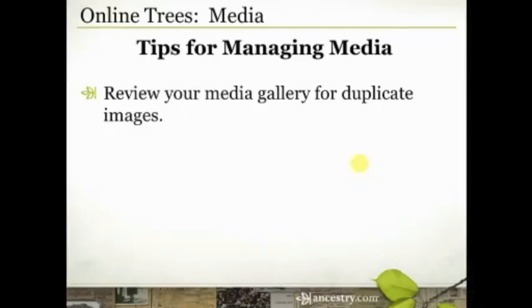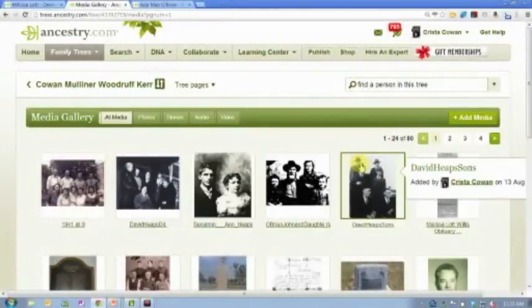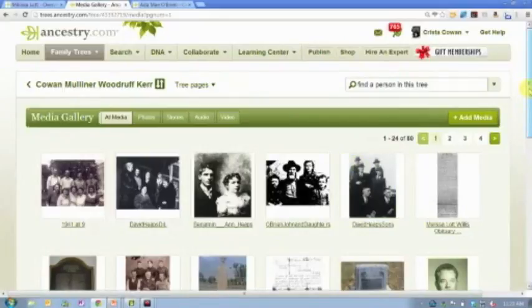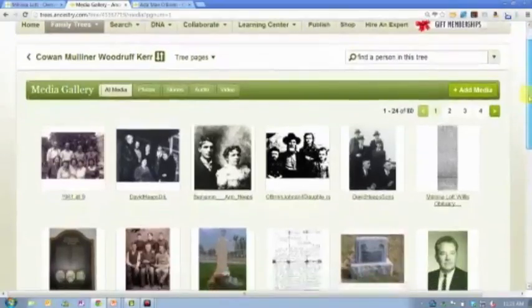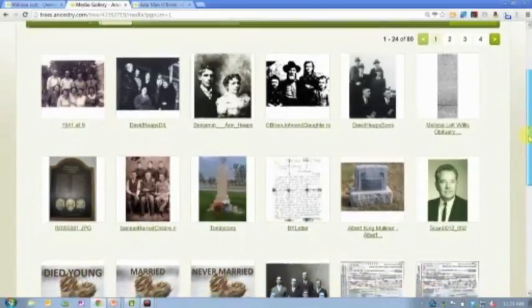One of the things that I would encourage you to do is just to review your media gallery for duplicate images. I think there was some confusion for a little while about how media could be uploaded. Some people have attached things to their tree and they've attached it from multiple places, and so they've ended up with some duplicate media. So if you just come into your media gallery here, go ahead and just review it, look through visually, you're going to have to do it visually,